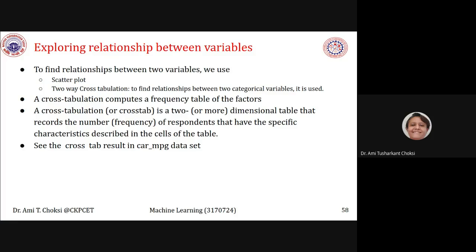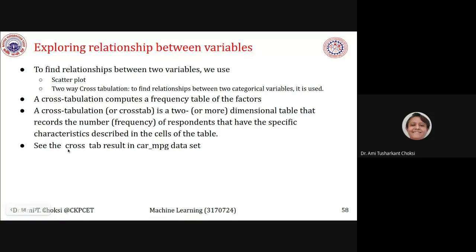Now, a cross tabulation computes a frequency table of factors. A cross tabulation, or cross tab, is a two or more dimensional table that records the number, that is the frequency, of correspondence that have the specific characteristics described in the cell of the table.